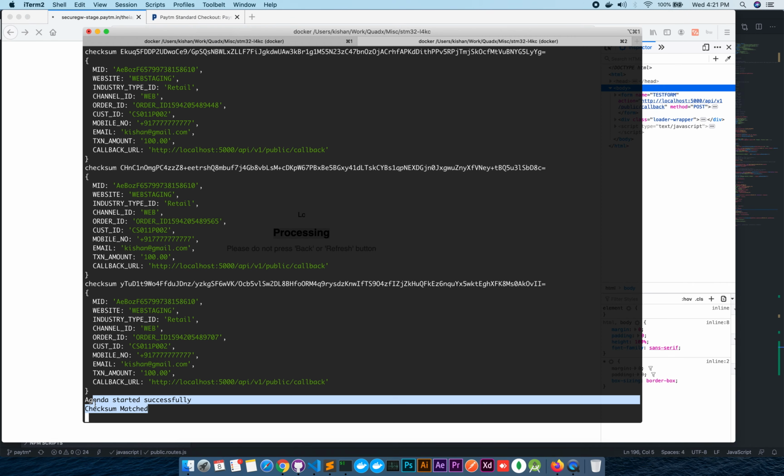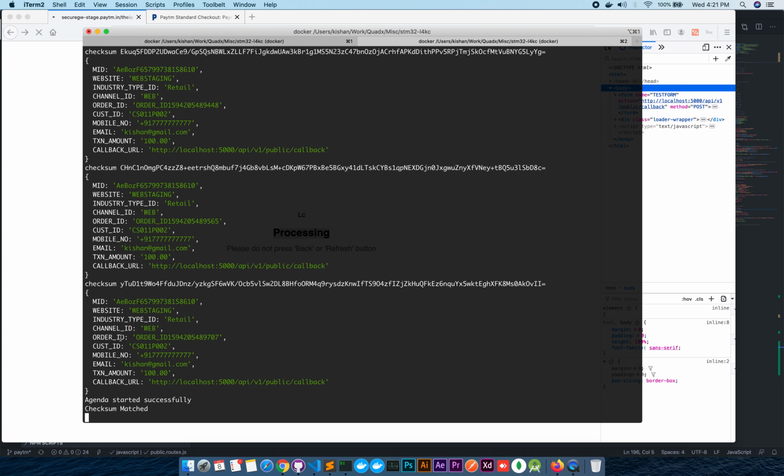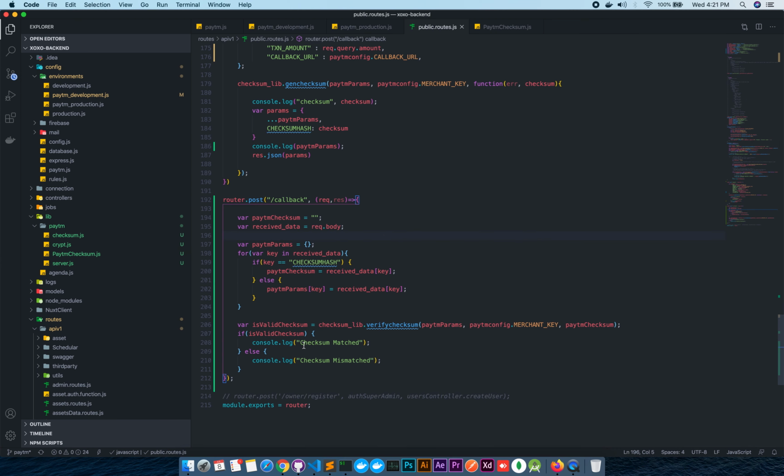So the checksum is not tampered, and no one has done a man-in-the-middle attack, so we are good to go. Here we just checked whether an MITM attack has been done or not.